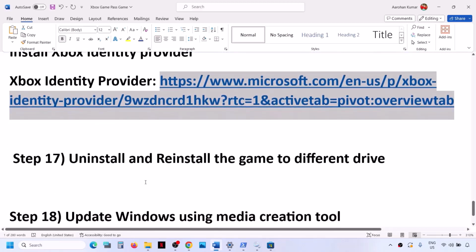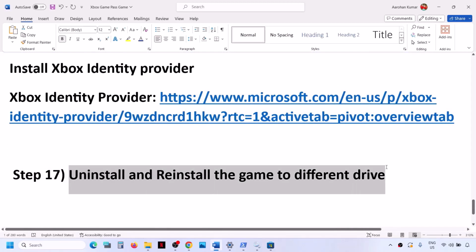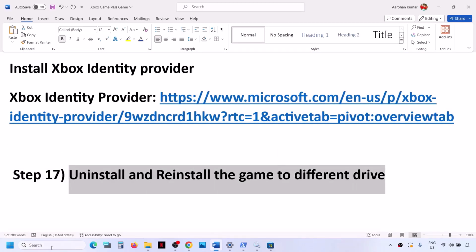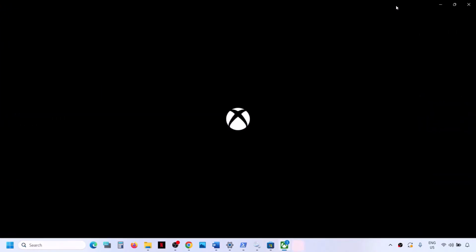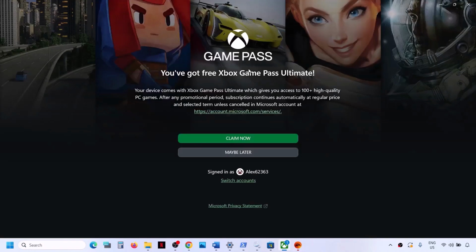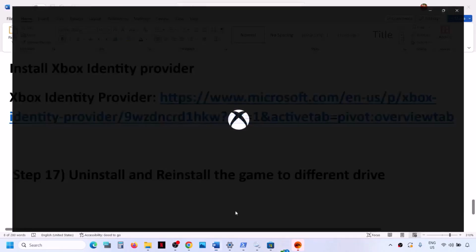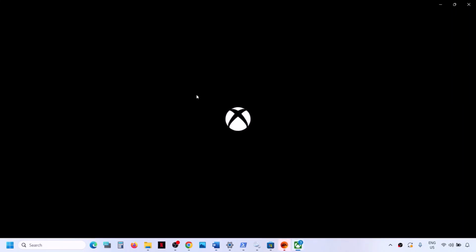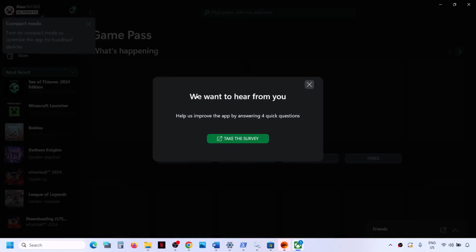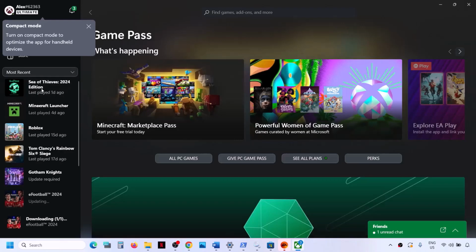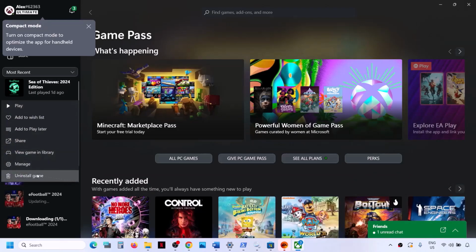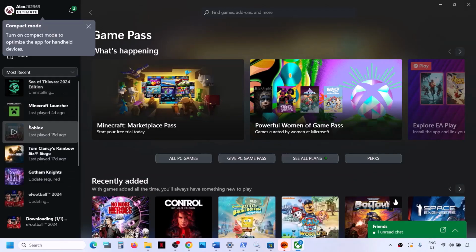the game. The next step is to uninstall and reinstall the game to different drive. So if nothing is working, you can open Xbox app or Microsoft Store, and then you can try to uninstall the game and then reinstall the game. You can simply uninstall and reinstall. So go to Xbox app or Microsoft Store, and you can make a right click on the game and then click on uninstall. Yes. And once the uninstall is complete,